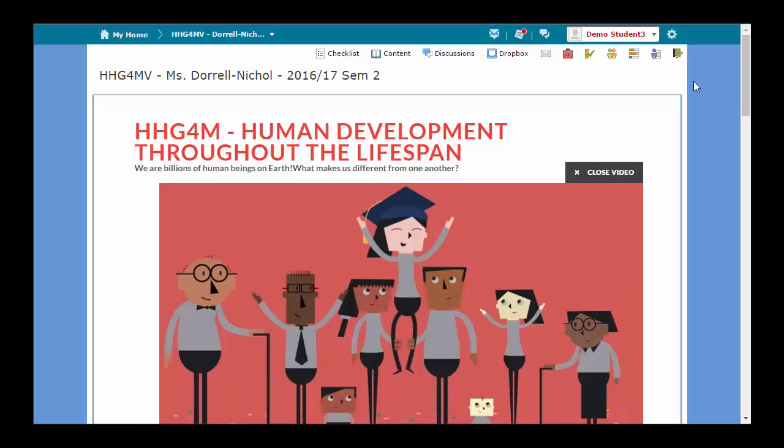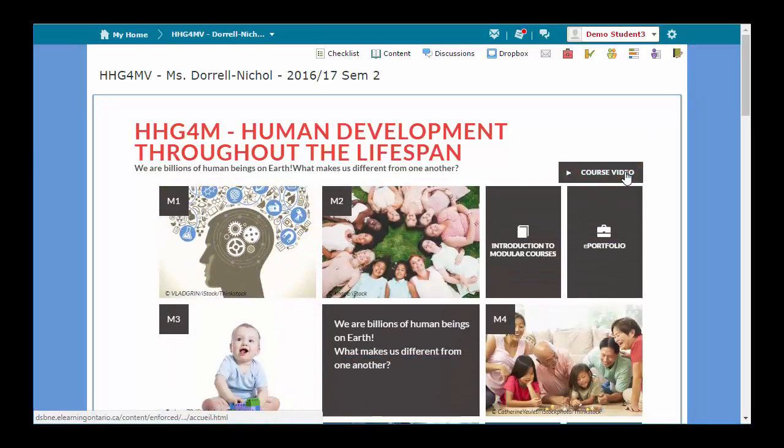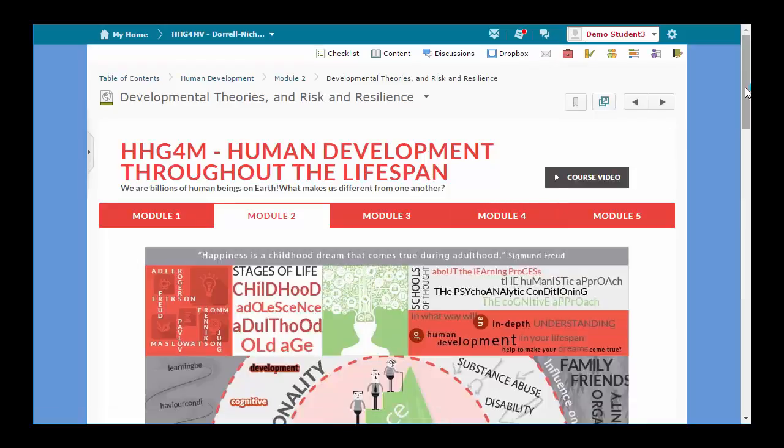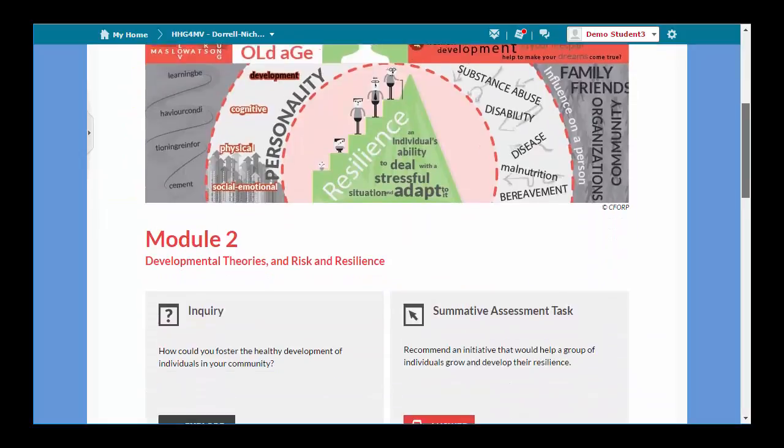There are activities in the HHG4M course that ask you to post your responses to the ePortfolio. I'm going to show you how to use the ePortfolio within the course environment. So first of all, let me go to Module 2 and just show where you might be asked to use the ePortfolio. So under Module 2,